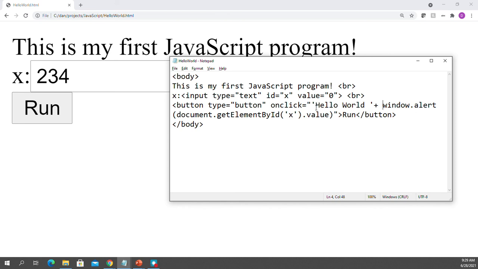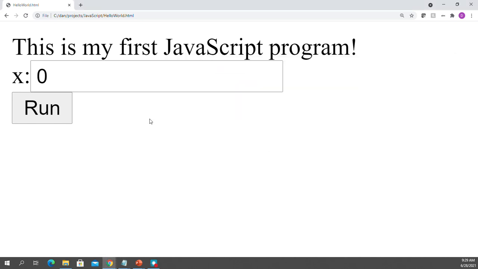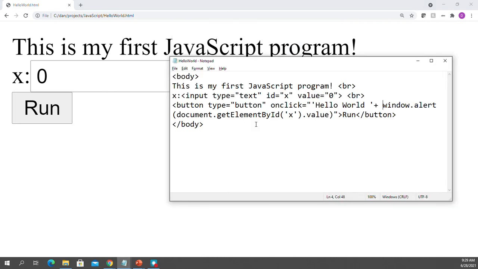Yeah, I did unclick this, and then this guy, right? Hello world plus this guy, right? So let me save it again. The hello world disappeared. Weird, huh? Okay, so if hello world disappeared, let me see